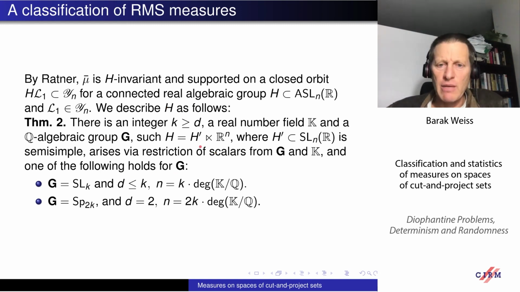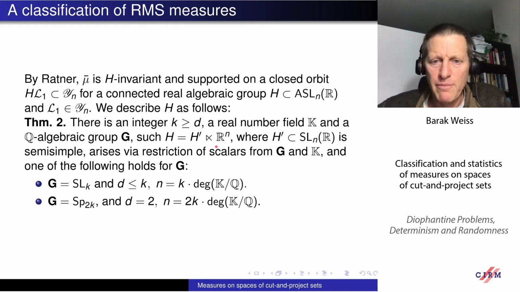H has the structure of a semidirect product. In the semidirect product, the group of translations is the entire group of translations in R^n. It can't be any smaller. And the semisimple part, H prime, has a description in terms of restriction of scalars from a group defined over Q. So these are notions from the theory of algebraic groups,